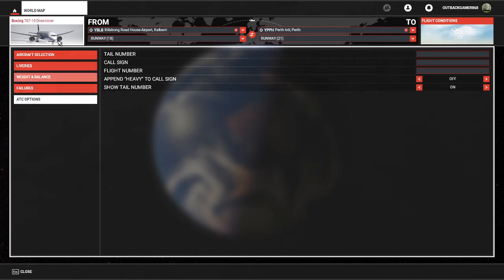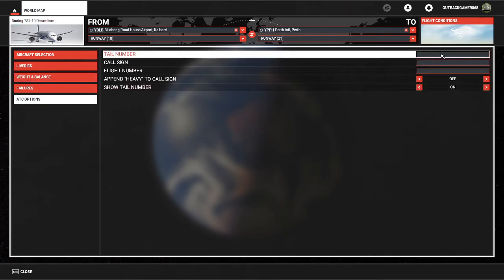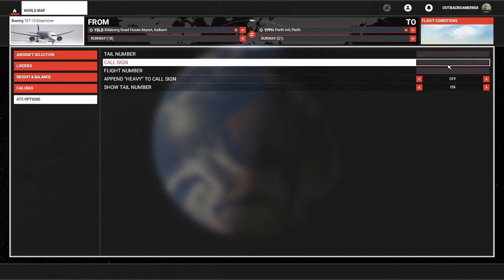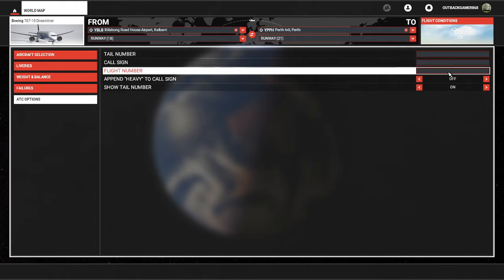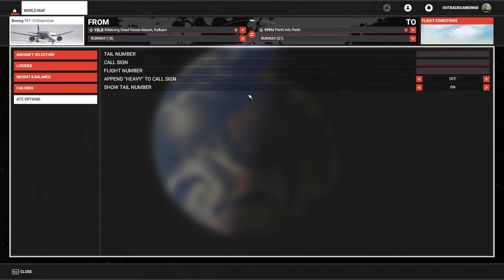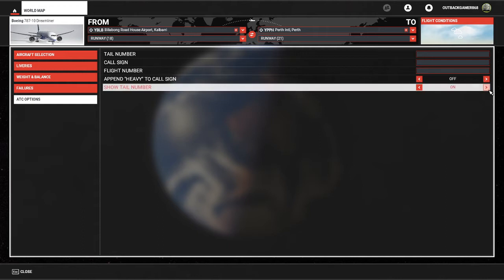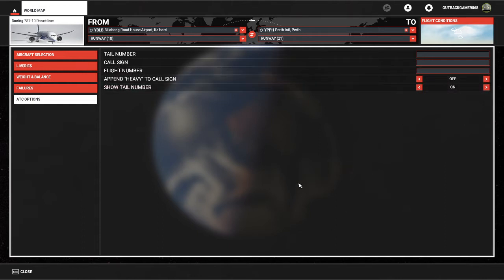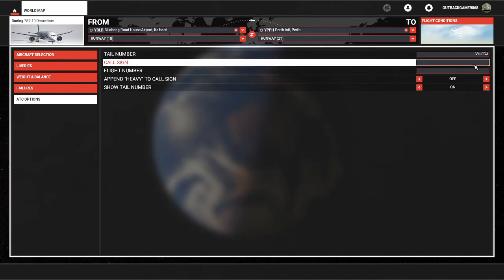Here is where you can change your call sign, your tail number, flight number for your aircraft, whether it's heavy like a 787 or 747, or if it's just a normal one. Whether you want to show the tail number or not, which most aircraft will have a tail number. So, for example, in Australia we have Victor Hotel and just some random 3 letters, and then your flight number could be